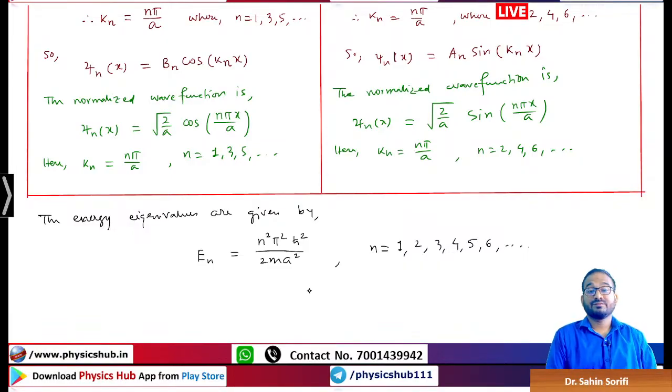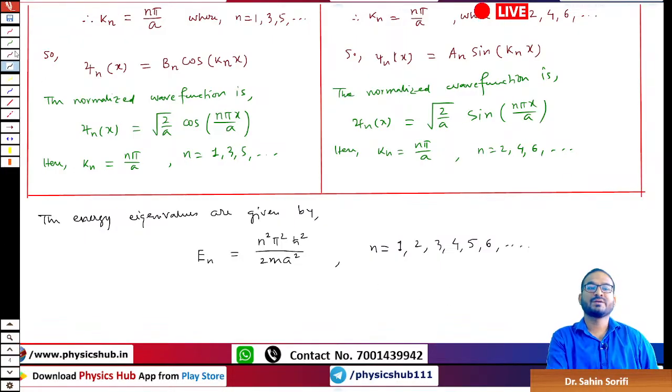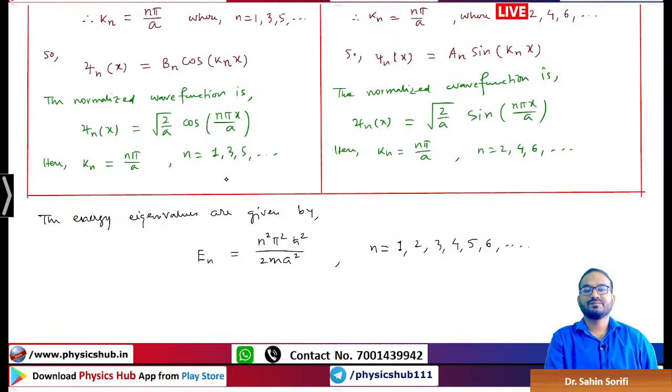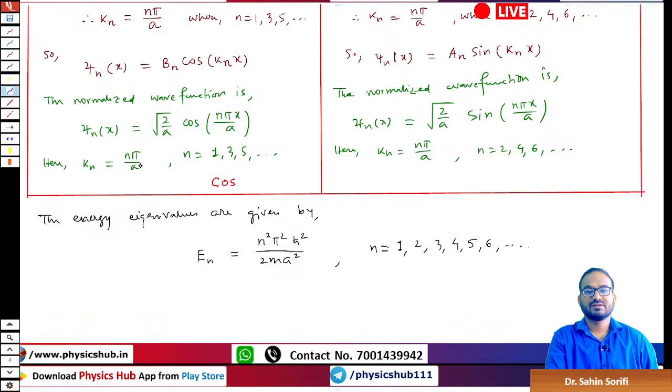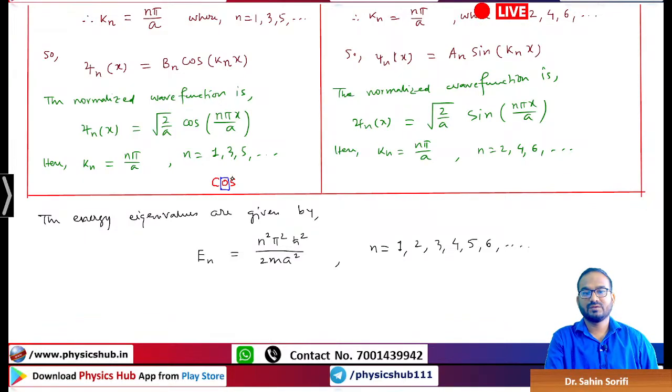So remember this one, when you have odd values of n, you have to write the wave function in terms of cos. When you have even values of n, you have to write the wave function in terms of sine. Look, how to remember, you see, here cos function, so you see if you look at cos, you can see in cos inbuilt O is there, so O is odd. So in this way you can remember, when the values of n are odd, you have to write it in